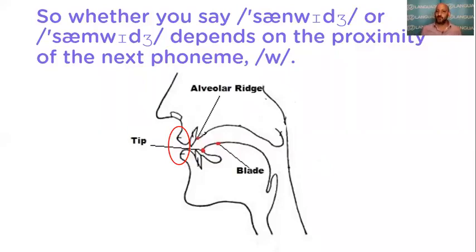Sandwich, samwich. So more people probably say samwich because the next sound is also from the lips. So I don't have to do two things. Sandwich, samwich, even though my mouth is moving in that direction. Both M and W are produced by the lips. Okay, so that is something for you to consider.